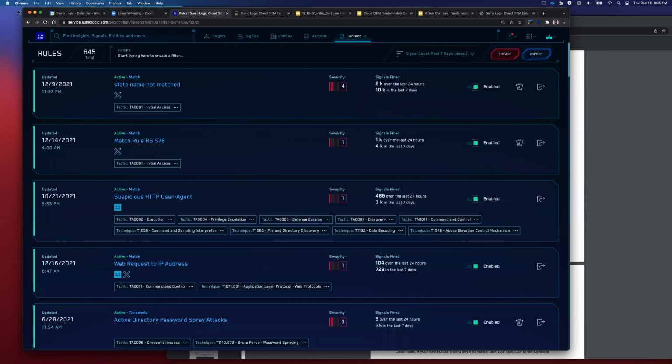Of these 645 rules, 640 of them are probably Sumo rules, but you can also create your own, and we'll talk about that a little bit later. That's what we're starting to see in here, these rules that have been set up. When criteria match them, then the severity score will be applied. And if that severity score gets high enough in a period of time, then a signal can be created, an insight can be created, and that's the path that we were looking at earlier.